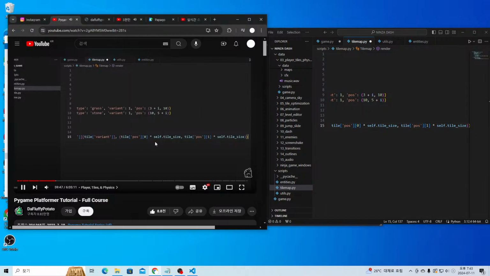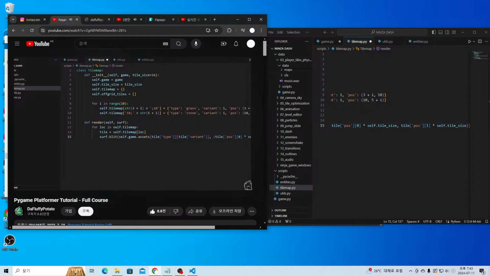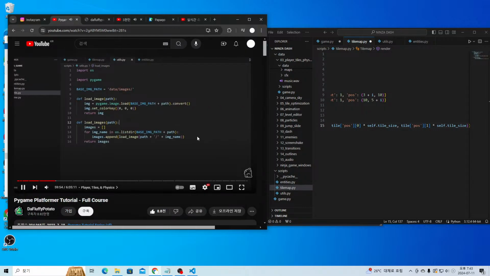But it should cover all that we need for that rendering. Something else that I just remembered is that this might not work